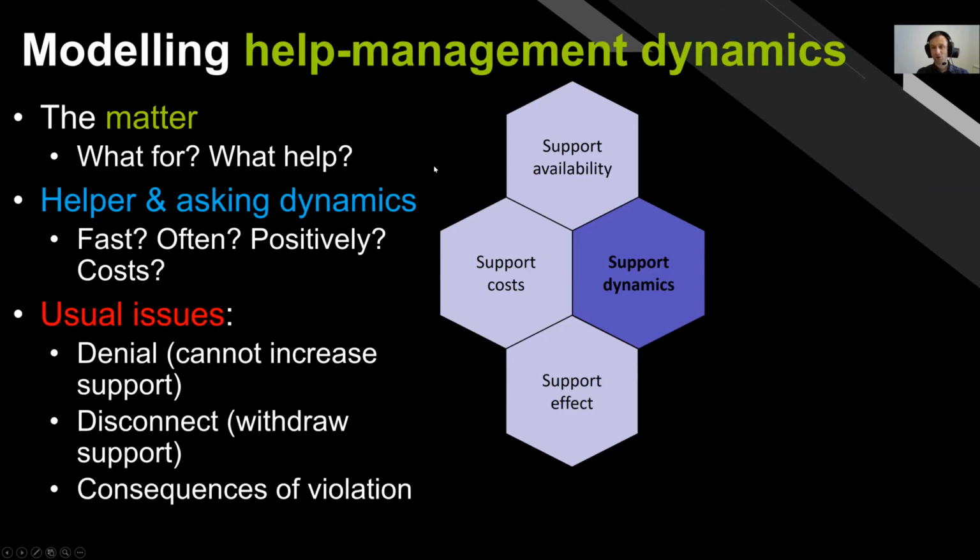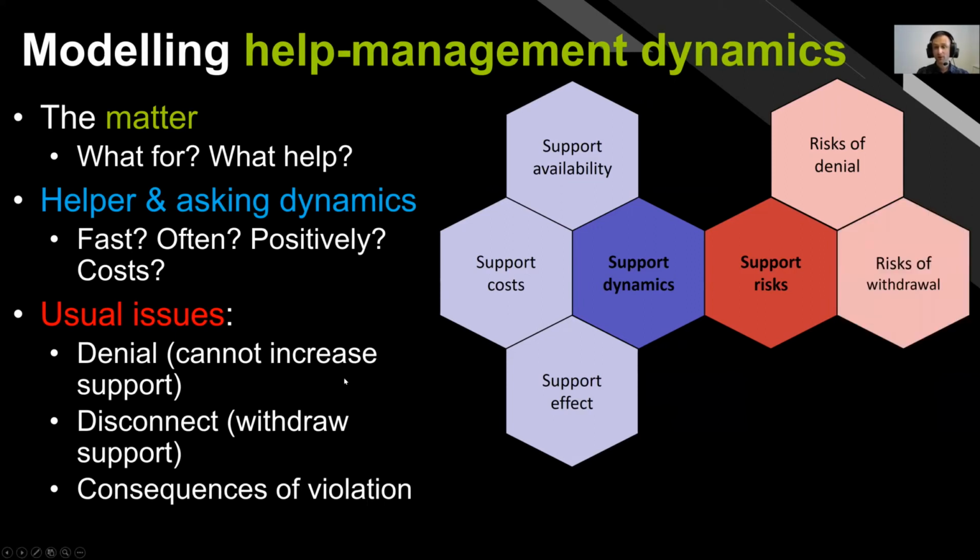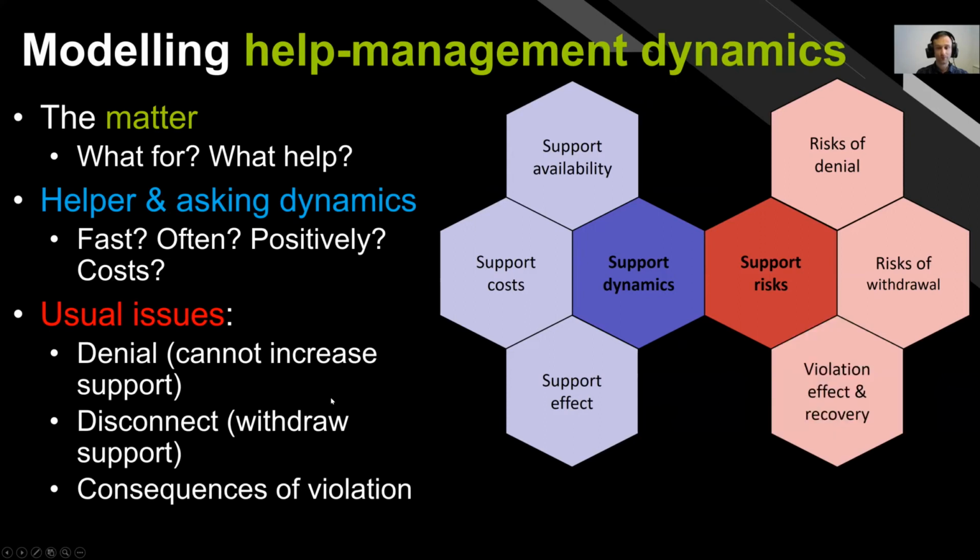And of course, when you ask for help, there is also some risk and some kind of uncertainty tied to that. That is also very important to manage. So what about the denial, which is refusing to get further help? I can watch you, but we cannot always be behind you if there is a problem. There is also a risk of disconnect. What's the probability for the watchman to look away rather than looking at the sea, and to somehow leave you without support unexpectedly?